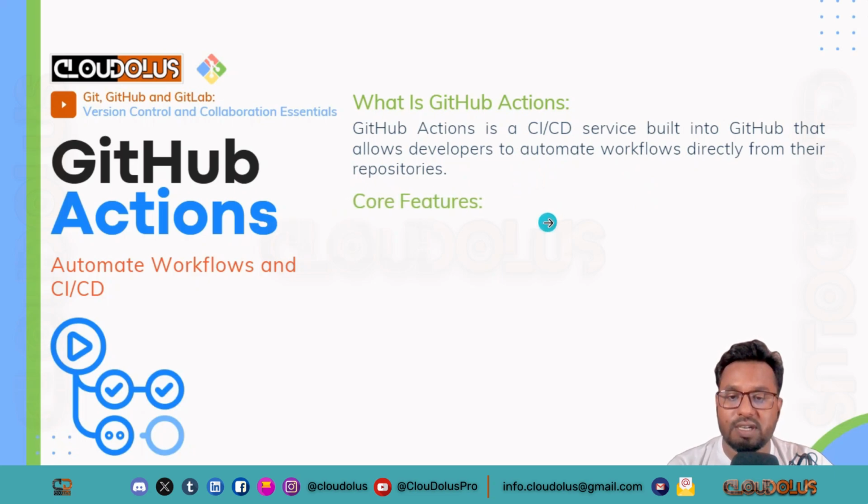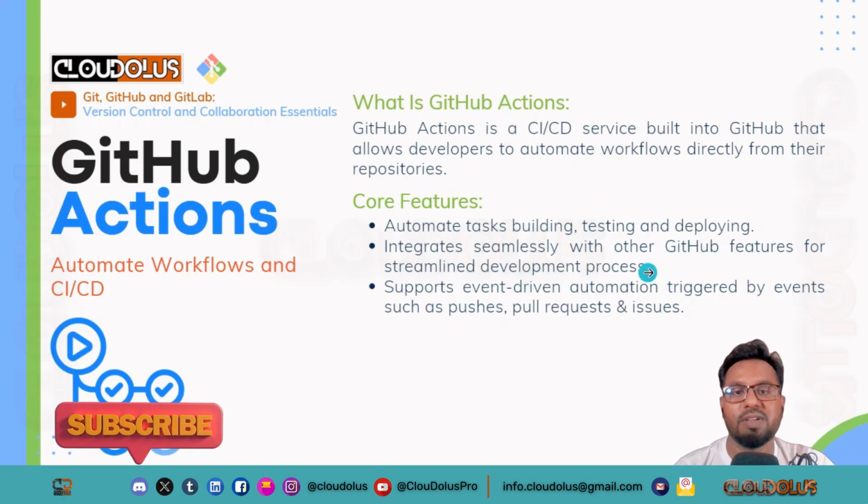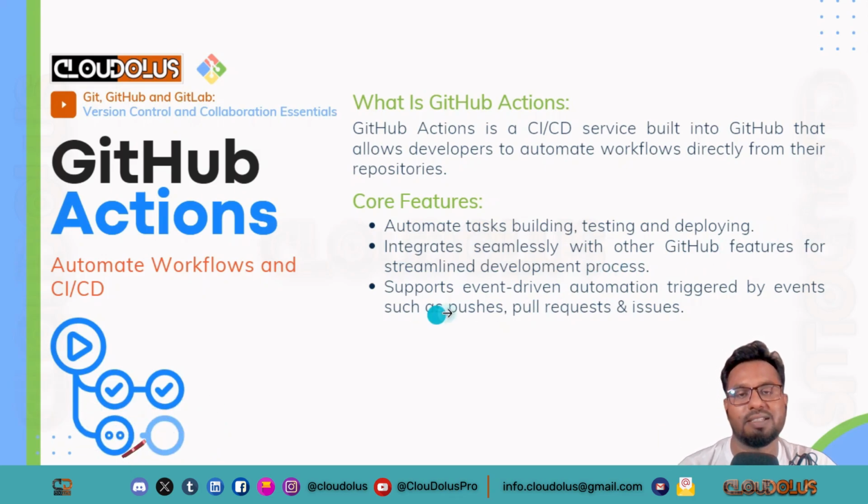And then core features where automated tasks building, testing and deploying, integrate seamlessly with other GitHub features for a streamlined development process and support event driven automation triggered by events such as pushes, pull requests and issues. So definitely these are key features: automated tasks building, testing and deploying, integrating seamlessly with other GitHub features like streamlined deployment process, and support event triggers